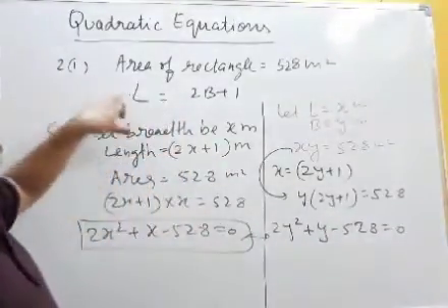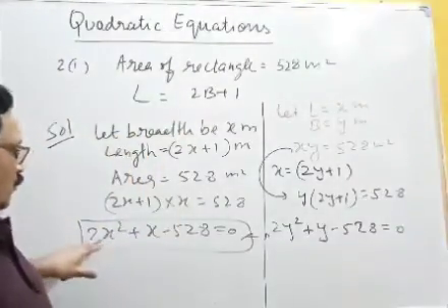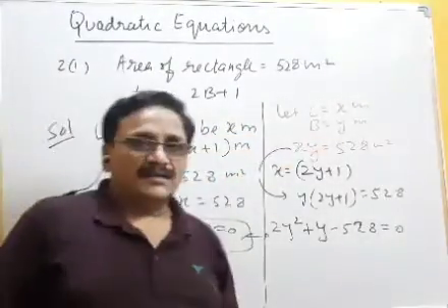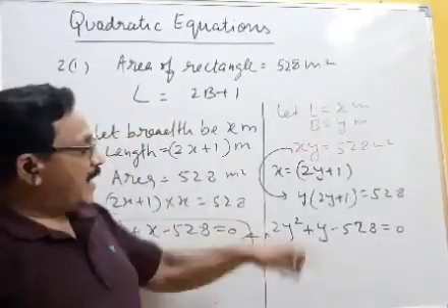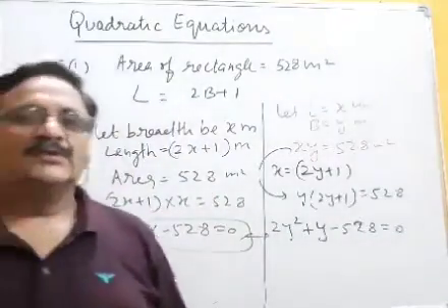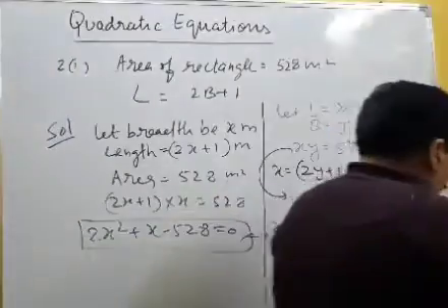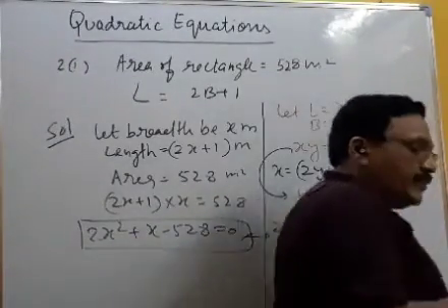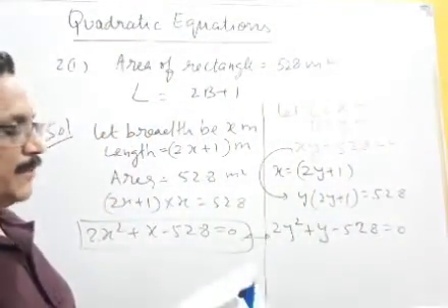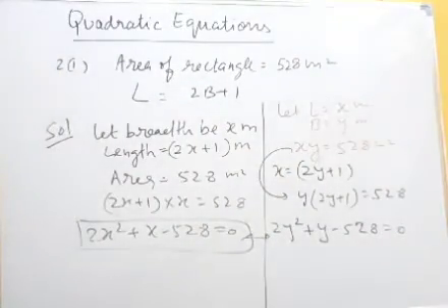You see what is breadth there? What did we suppose here? Breadth. Okay. So in breadth form it is coming 2 breadth square plus breadth minus 528. Same thing you can check. What is the breadth there? Y. Okay. So the same equation is coming, 2y square plus y minus 528. This is the quadratic form. How you can solve, we'll discuss in the next exercise. So before this, one more question we'll do. Question number 2 we'll do. Okay, no problem. If you want to write, you can.